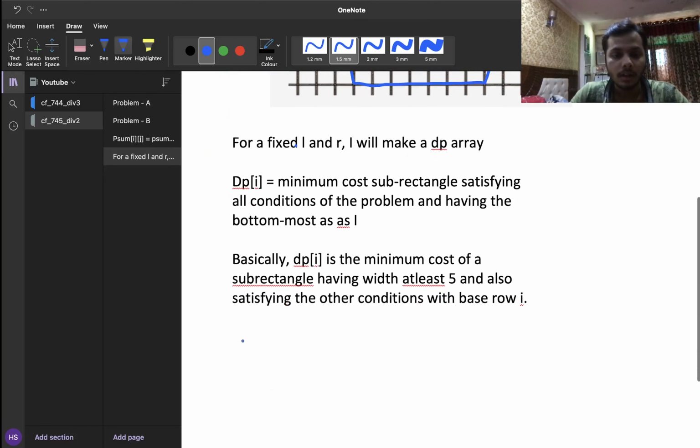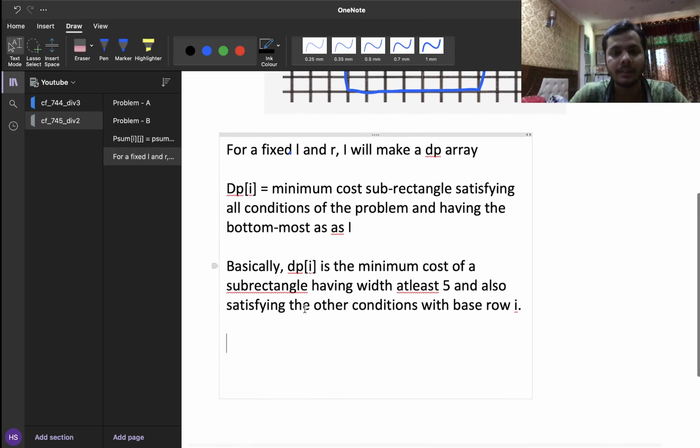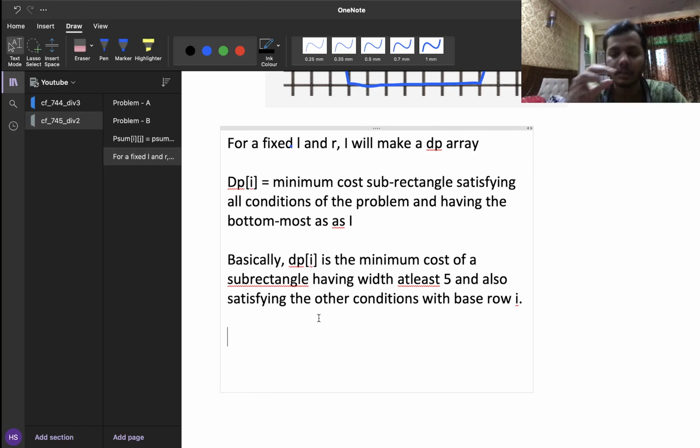So basically we have two cases. This is a bit complex and it is difficult to understand, and also this is definitely not a 1700 problem. For those who are not able to solve it, I would rate it at least a 1900 or 2000. So I'll advise you not to get disheartened by looking at the rating which the Codeforces system has given to it, right? Okay, so dp of I will be either of the two things.